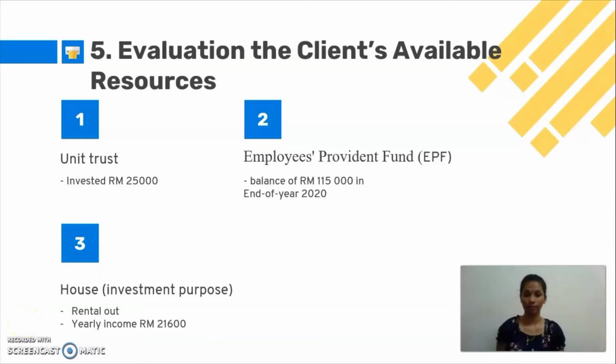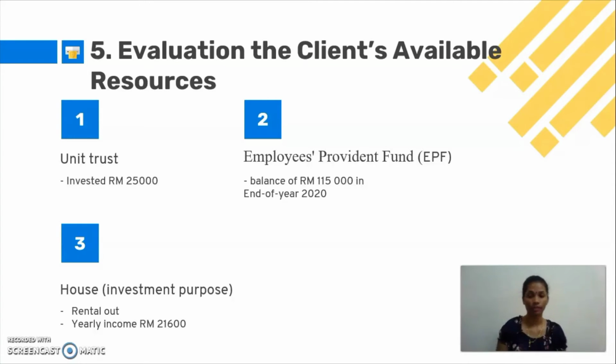The final resource available for Mr. John is real estate property, which is a house he bought mainly for investment purposes. In general, real estate such as buying a house is a great financial opportunity. If the property's value grows over time, it can generate ongoing passive income, and it's a sensible long-term investment too. This is when the house is rented out. The owner will receive a steady income each month, which is called rental income. And the owner also can sell the house whenever the market value is high, so he gets a lump sum of money from